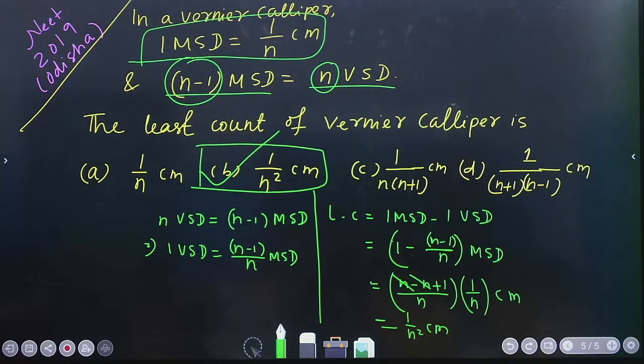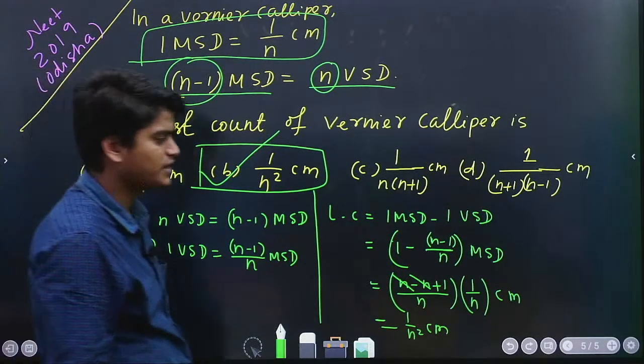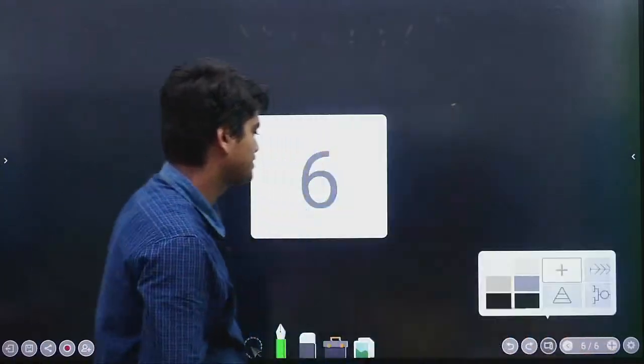Tell me what is the least count formula for vernier caliper? 1 MSD minus 1 VSD. This least count is also called the vernier constant for vernier calipers. And sometimes if least count value is not given, then the mean absolute error value you can take as the least count value for that instrument, right? And next